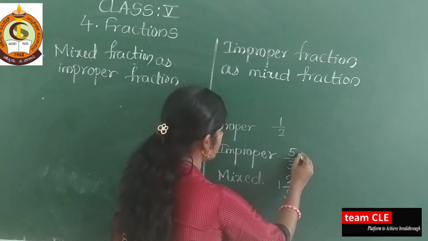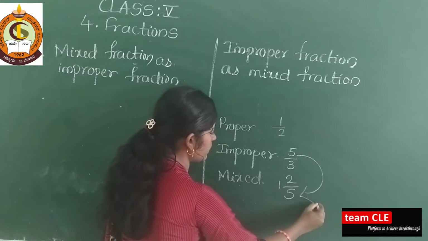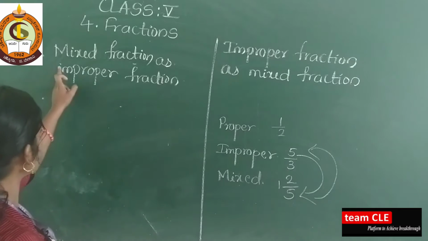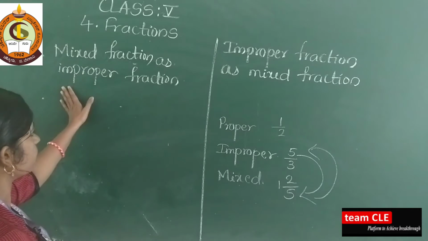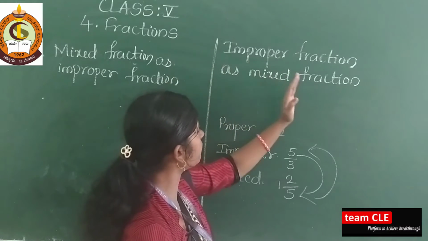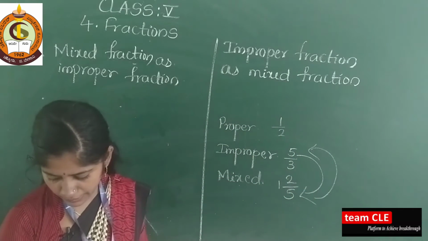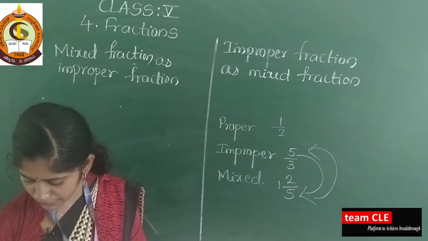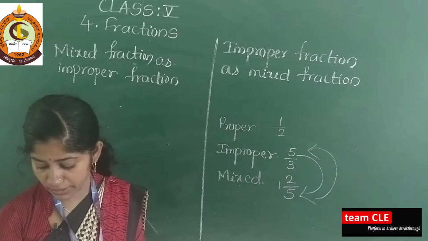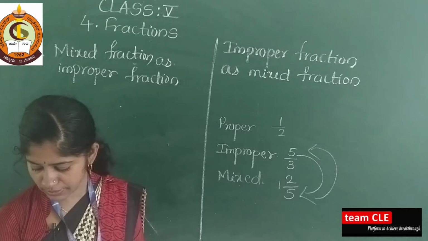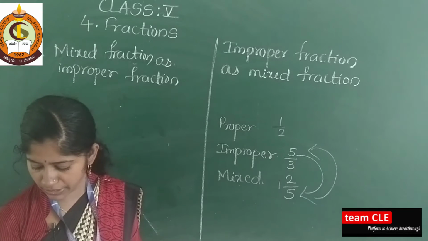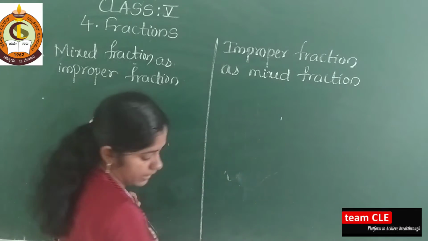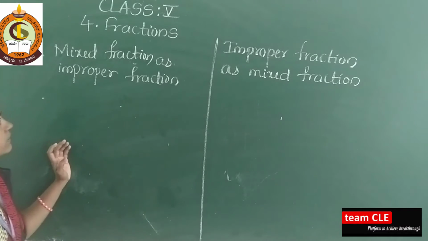Okay, so in today's class you will learn how to convert improper fraction to mixed fraction and mixed fraction to improper fraction. So here I have written converting mixed fraction as improper fraction and converting improper fraction as mixed fraction. And I will solve some of the examples from your My Practice Time 1, page number 132, third main and fourth main. Express the following mixed numbers as improper fractions and express the following improper fractions as mixed fractions.